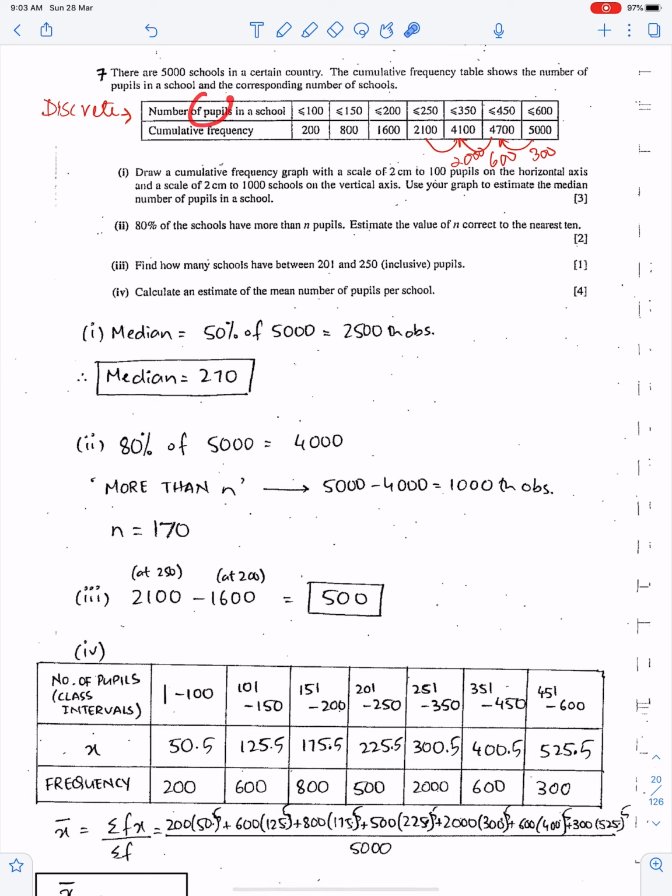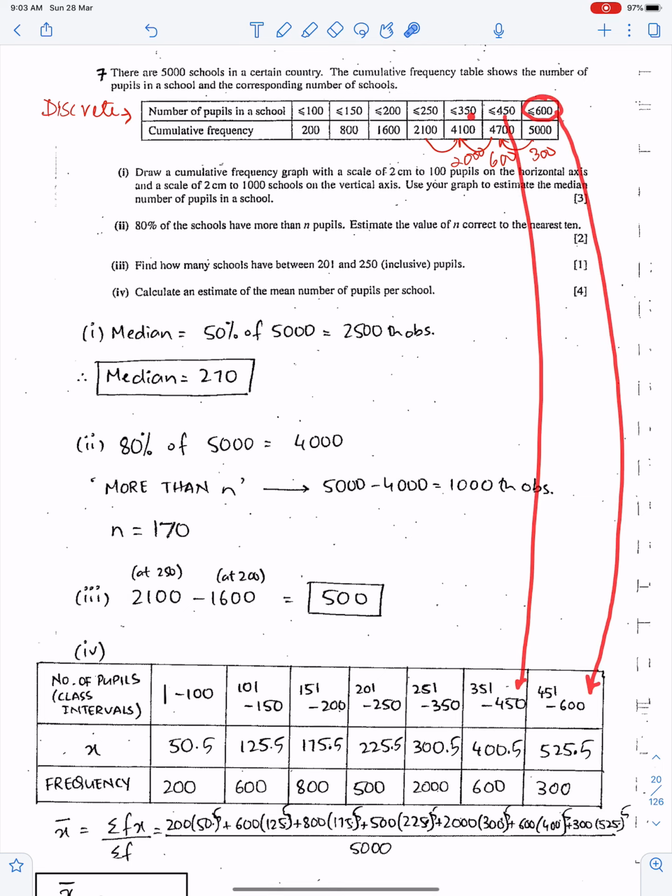Well, number of pupils means discrete. There are 5,000 schools in a certain country. The cumulative frequency table shows the number of pupils in a school and the corresponding number of schools. Since these upper class boundaries are inclusive, number one, this data is discrete, and number two, these values are inclusive. So we will write the same number here: 600,